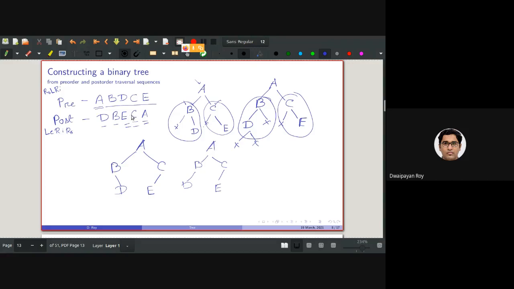So there is no unique tree for the given pre-order and post-order traversals. We will not be able to construct one unique tree from a given pre-order and post-order traversal. All right. Any question up to this?